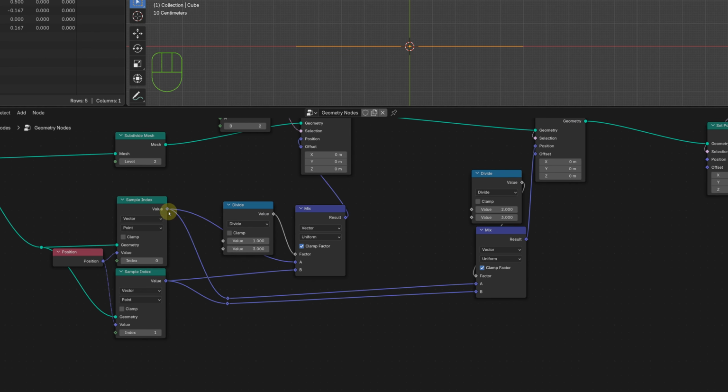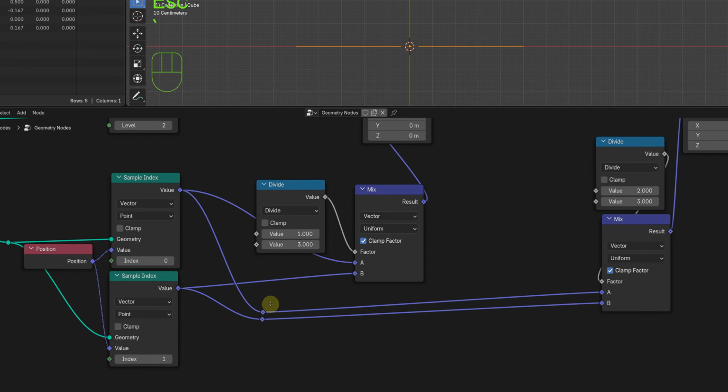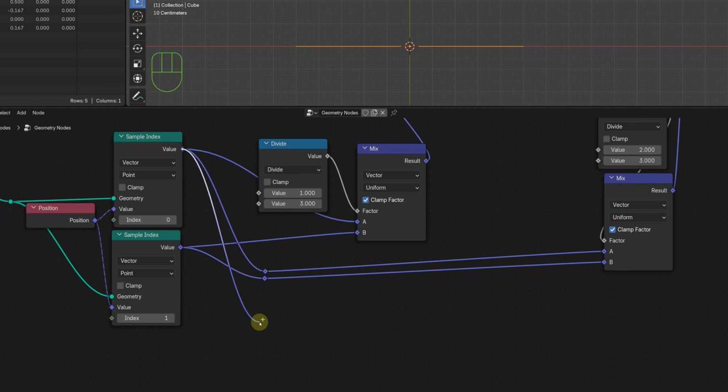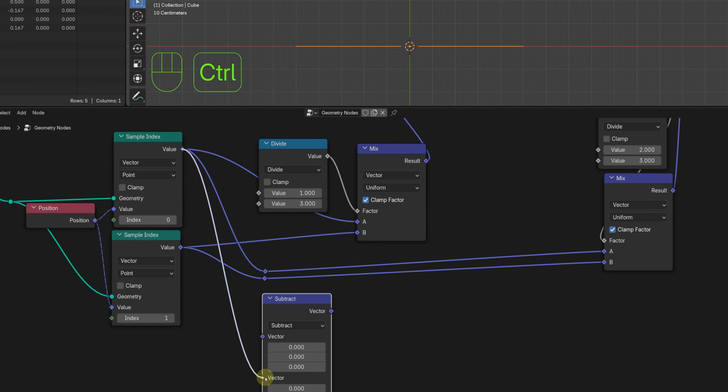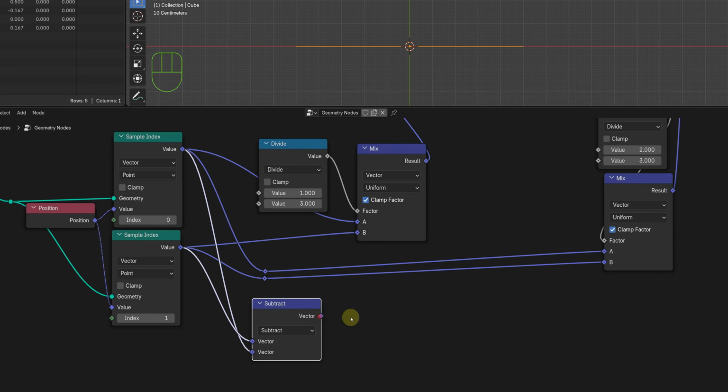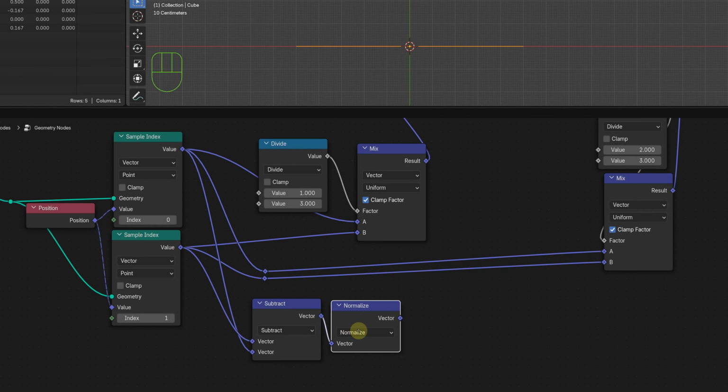Now we set the position for the vertex with the index number equal to 3. We find a vector starting from index number 0 to number 1 on the original mesh line using the subtract vector math node. We then normalize that vector.